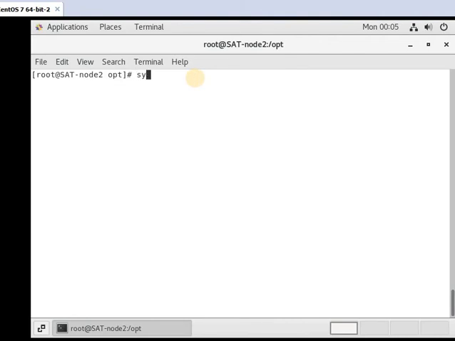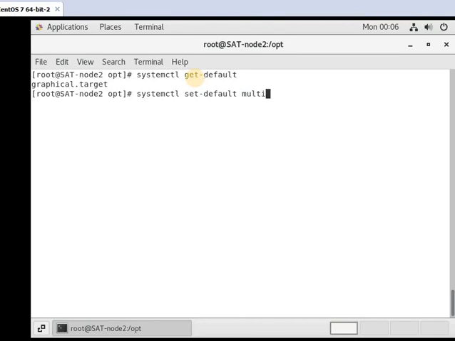We'll use the command systemctl. This is the graphical target, which means the GUI mode is the default run level. So to change to run level 3, we will use another command, that is systemctl set-default to our multi-user mode.